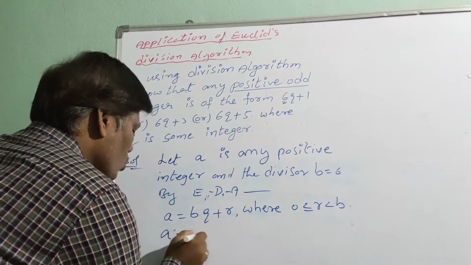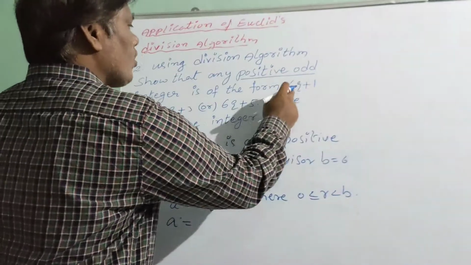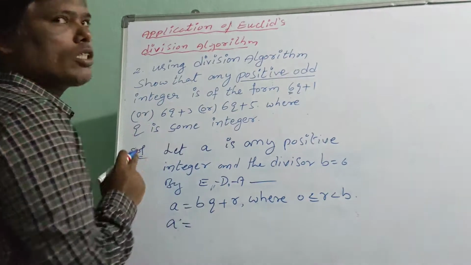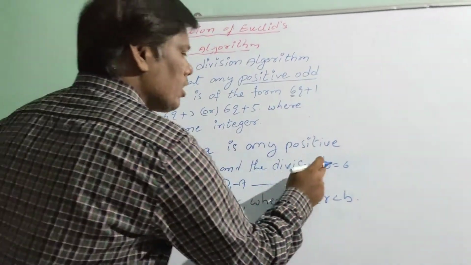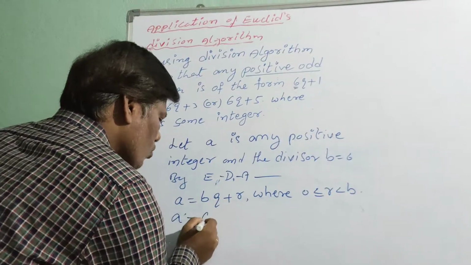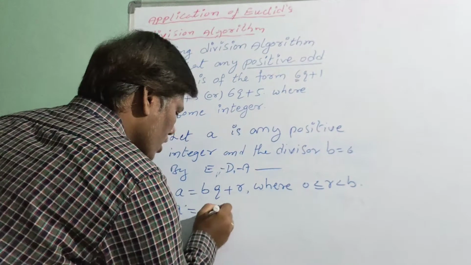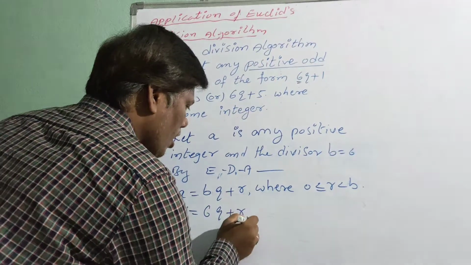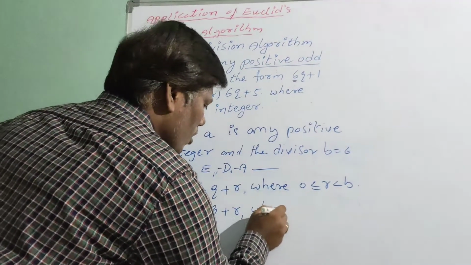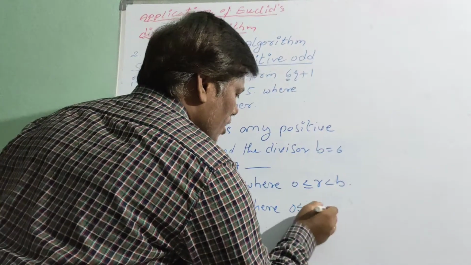Already we chose the divisor 6. Why did we choose it? Because we should get the form 6q plus 1 or 6q plus 3 or 6q plus 5. That is why we choose the divisor b equal to 6 here. So in place of the divisor b, let us write 6. Then we will get 6q plus r, where 0 is less than or equal to the remainder less than